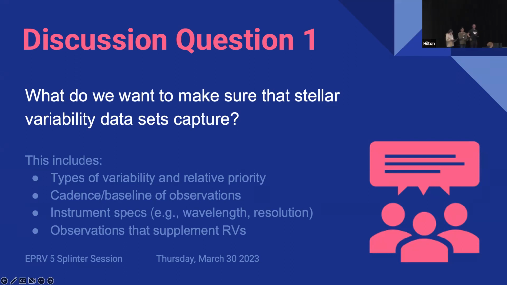So from group 4, we put a major emphasis on observing cadence, not only for resolving rotation periods, but also identifying and studying differential rotation. And then we also added in how new technologies can allow us to do this a bit more creatively, things like photometry with CubeSats to track individual stars over long baselines.